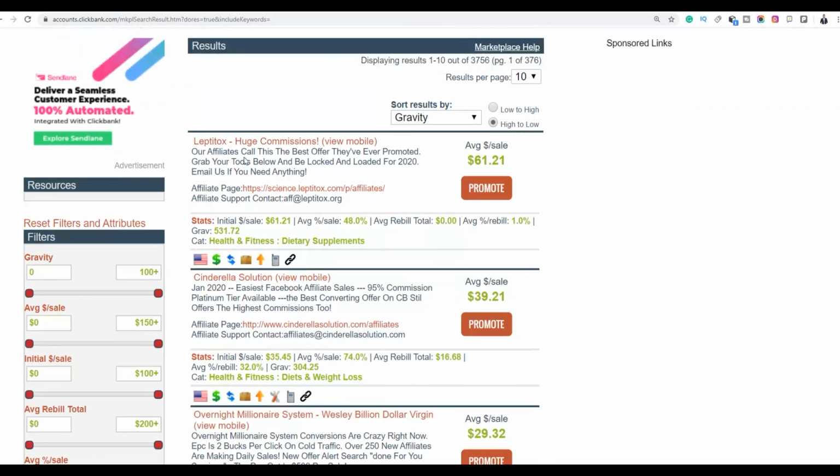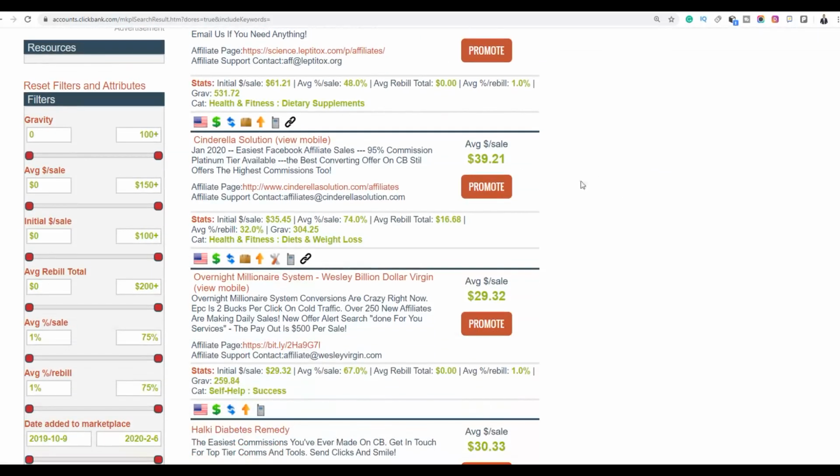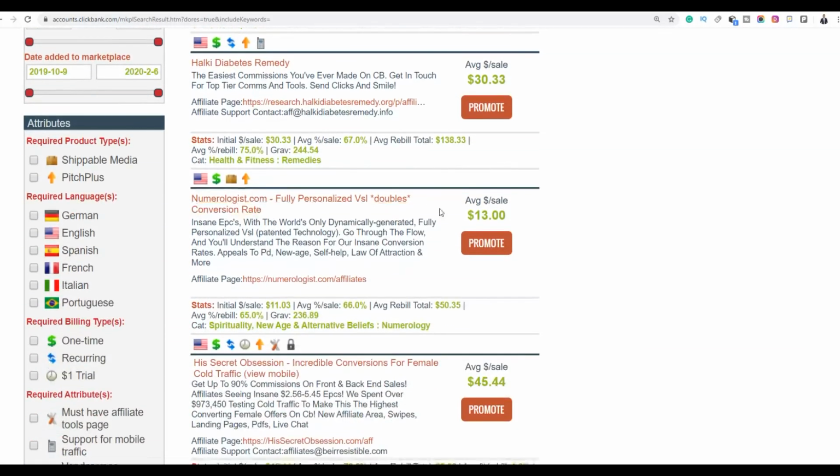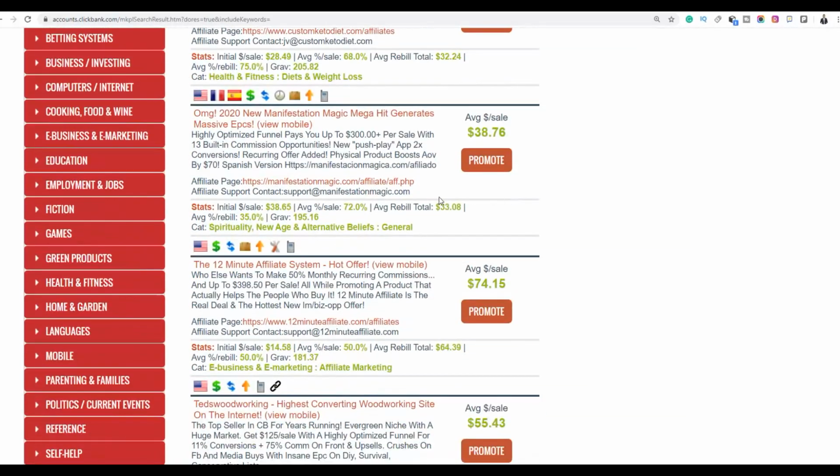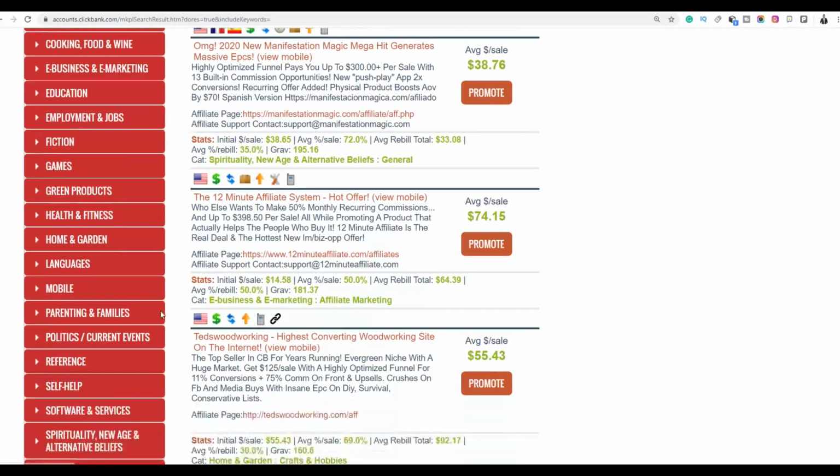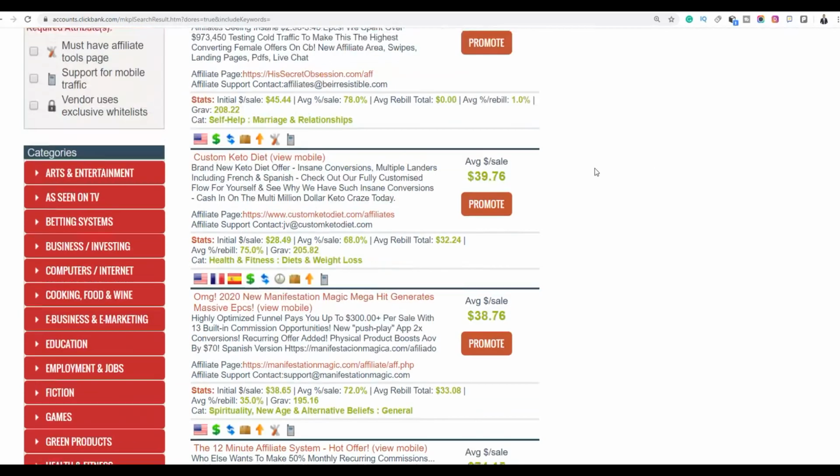So for this particular product, guys, I've promoted this product and you can make a lot of money in the upsells. So I'm going to be promoting this particular product for this example. You can choose, for example, the Cinderella Solution. There are many other products you can choose in other categories. So you can promote products in health and fitness, self-help and spirituality